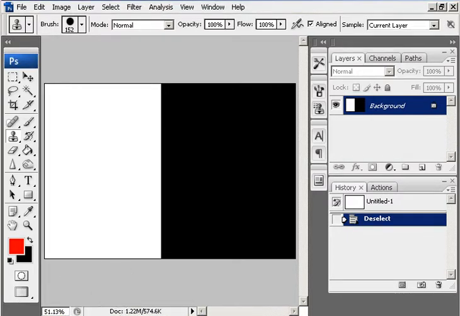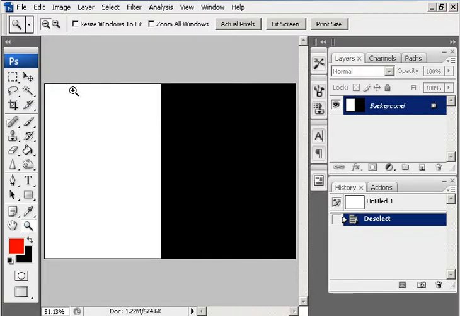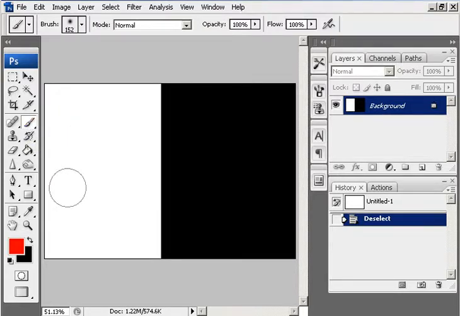Okay, here we're just going to look at the brush controls in Photoshop. Many of the tools use brushes to apply them to an image. If we take the most obvious one, which is the brush tool here, this basically just paints colour over